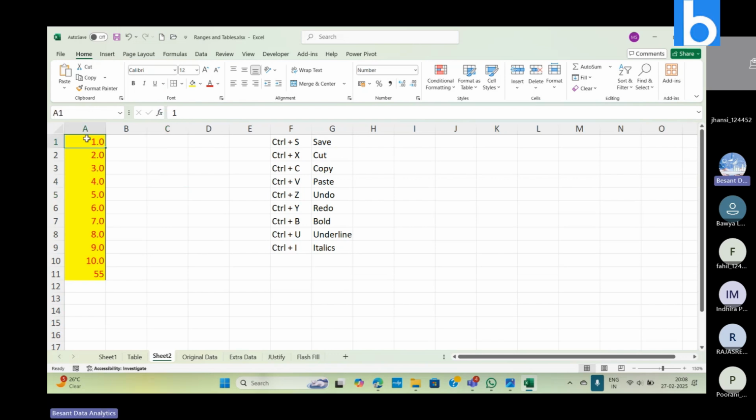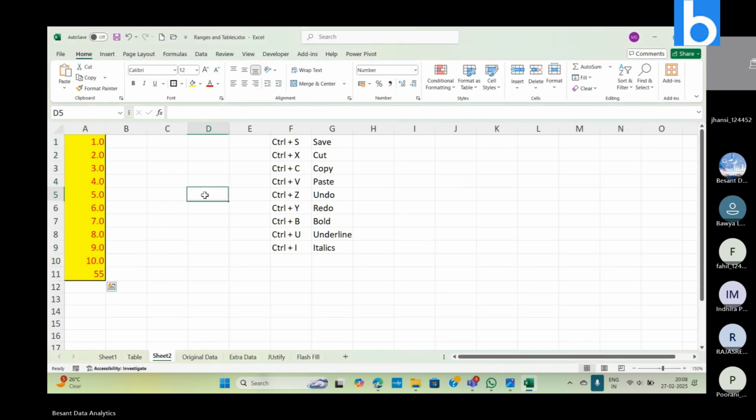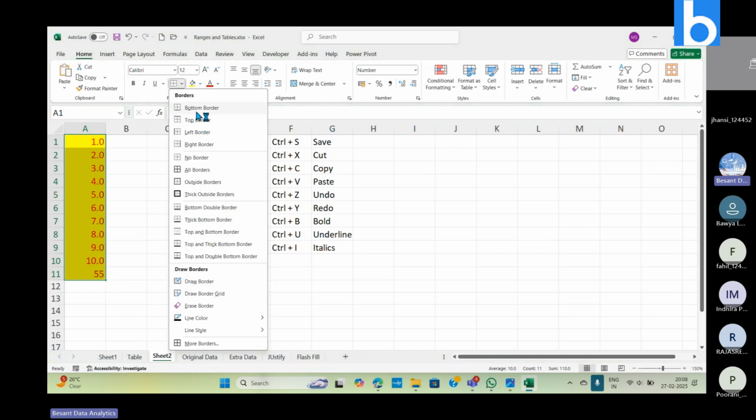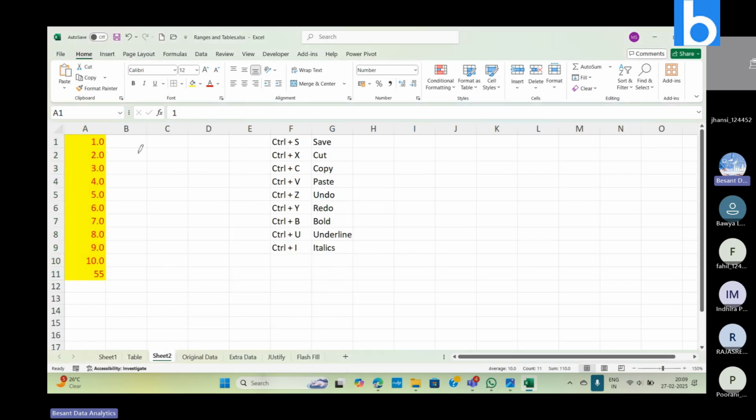Now if I try any other, you can have, say, thick borders. You can try it out. Maybe if I put it for just one, you'll be able to make it out. So likewise, you can really have a good number of bordering styles. As of now, I'll go for no border. Let it be there. And the ones that are given by default, if you are not really liking them, if you want to be a bit creative, you can go ahead and draw it. Maybe the line color also you can choose. Maybe if I want red,